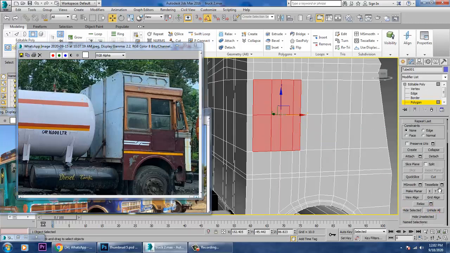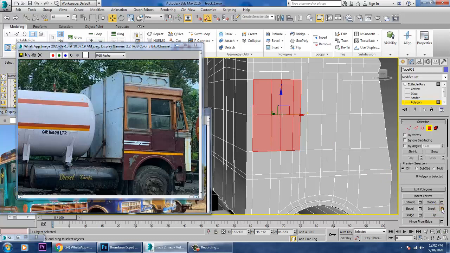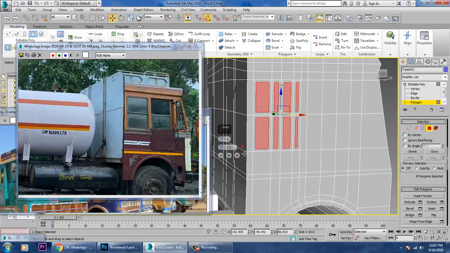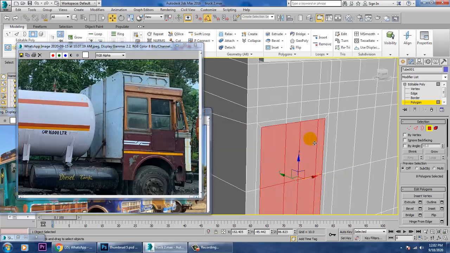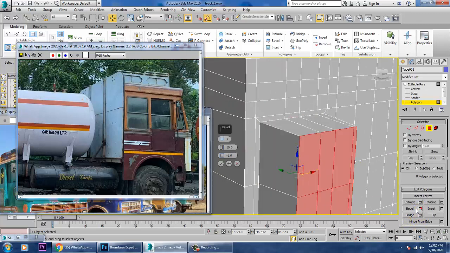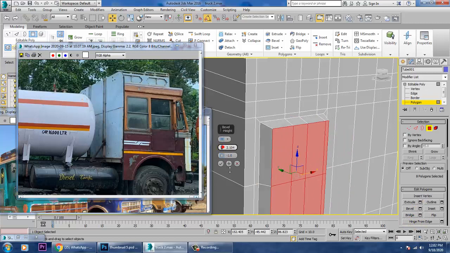So now we'll go into this and let's use a bit of inset, not by polygon, by group only. We'll give a bit of inset over here and click OK. So after doing this, let's give a bit of bevel to it. Let's just push it inside, oops, and just click OK.